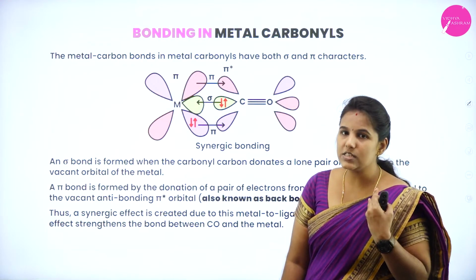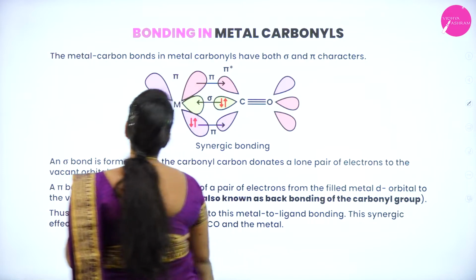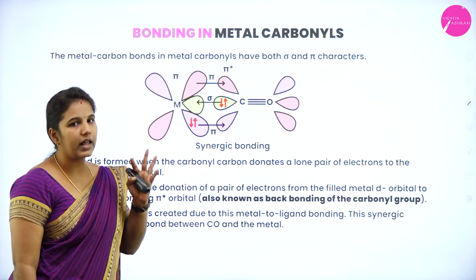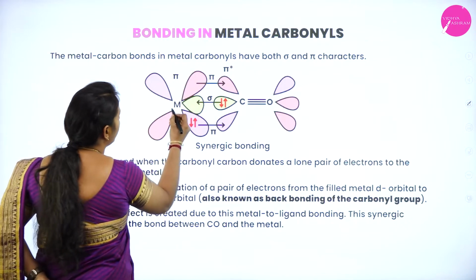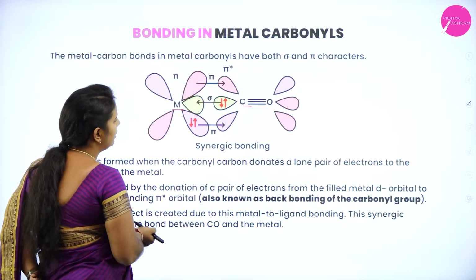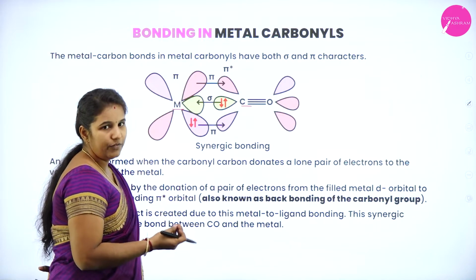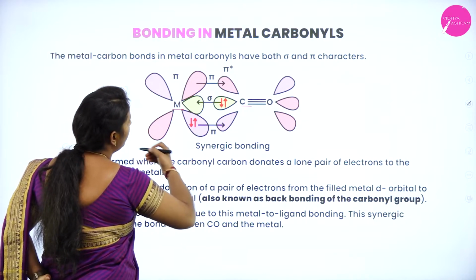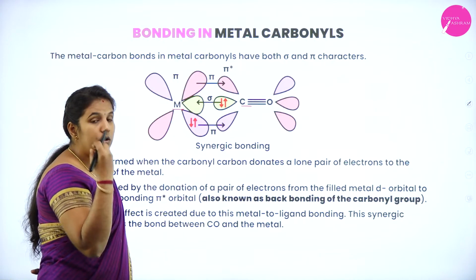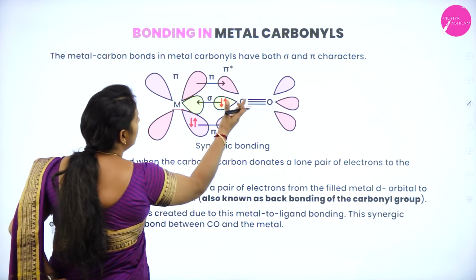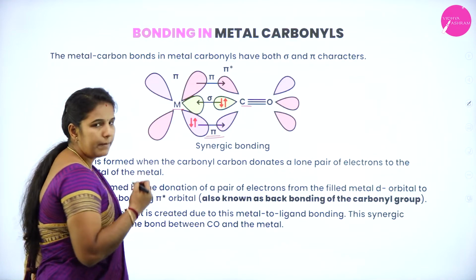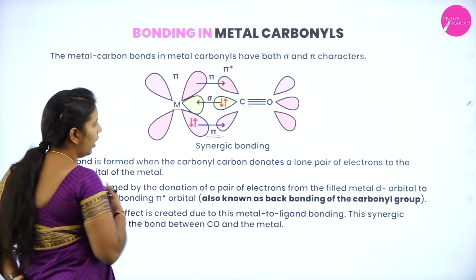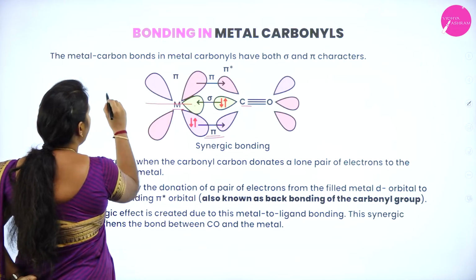So now let us see how the bonding takes place in the metal carbonyl. In the metal carbonyl, it always involves 2 types of bonding: one is sigma bonding and the other is pi bonding. I'll take the example of the metal along with the carbonyl group. We know that the metal has a pair of electrons. This pair of electrons found in the metal is donated to the vacant d orbitals of the carbonyl group, and hence it forms a pi bond. Similarly, the carbonyl group has electrons which will be donated to the vacant site,